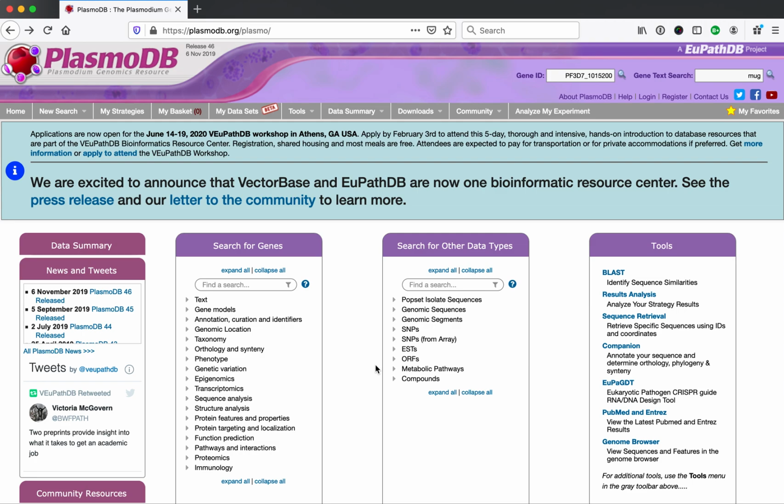This tutorial will walk you through the process of getting to the RNA sequence coverage plots in a genome browser from a specific locus or gene page. So what I'm going to do is go to this default gene that's in my search button